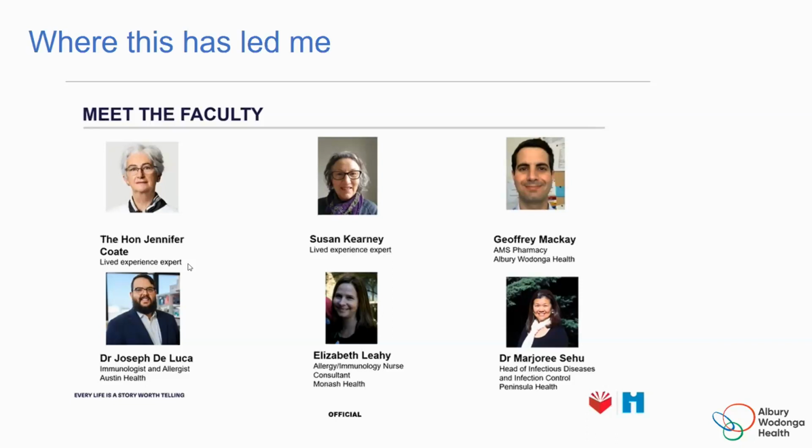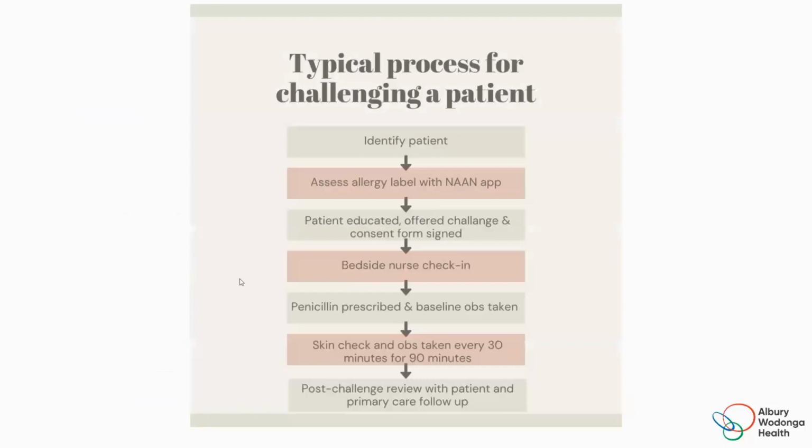And that's been a really fantastic experience. Just in the last few months, we've had smaller regional sites like Mildura and Ballarat who have started challenging patients. So that's been a really rewarding experience. All right, so